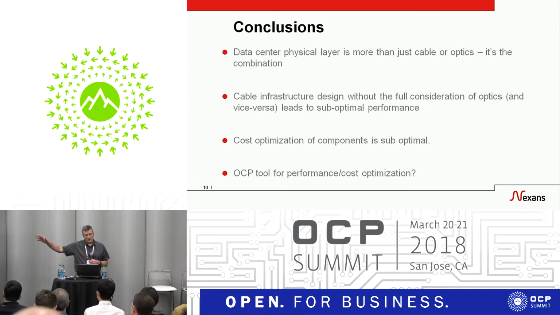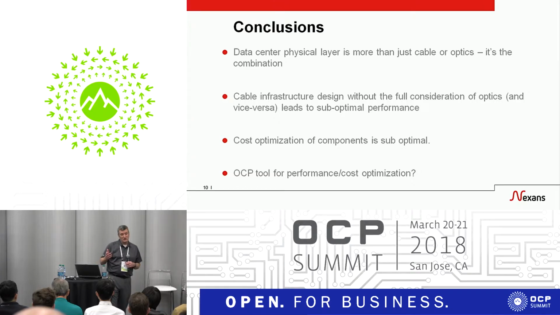So the conclusion we draw from this, it's more than just cable, it's more than just optics. Physical layer is the physical layer. You have to look at that combination of the two. And what we're suggesting to the community is that we can take that tool that we've created and used for ourselves and for our customers and make that available for everybody's use. The inputs would be essentially the physical layer criteria, so we'd be able to determine what's needed to make these various products work. And then you would have cost input that people would put in independently, and it would give them that